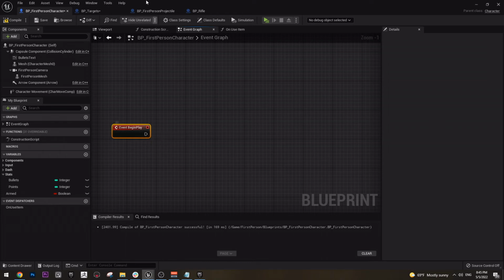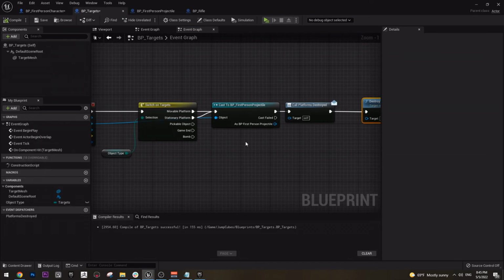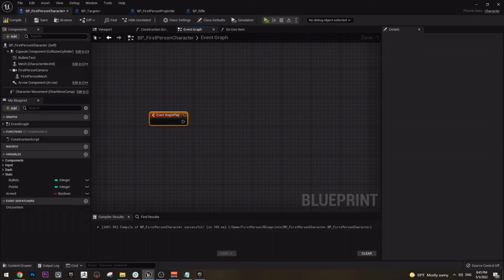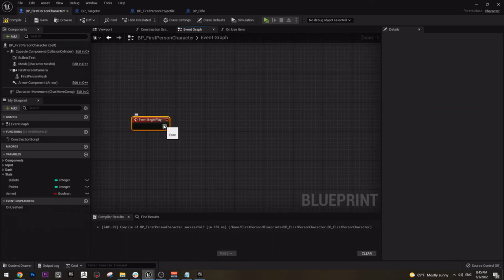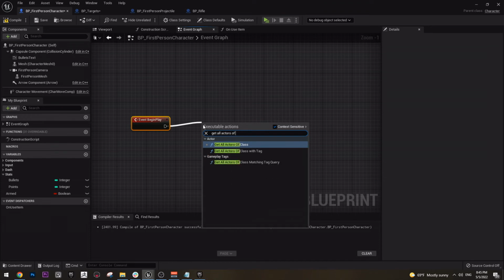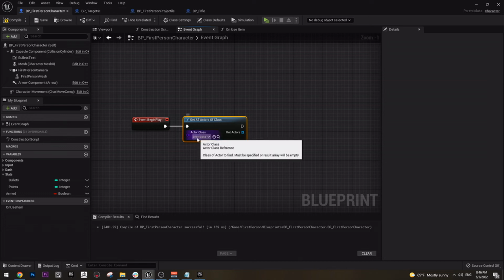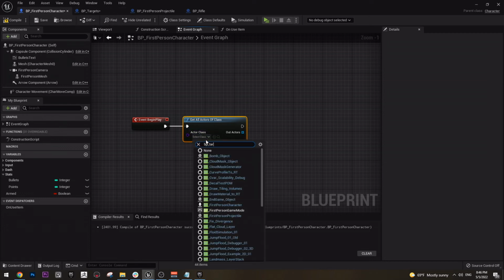and the way to bind this thing, well, first we need a reference. We can either cast to these targets, but how are we going to do the object? The best way is actually to do something very easy to do, and it's get all actors of class, and this thing will actually get all the actors that are using the class, and in our case we want BP targets,